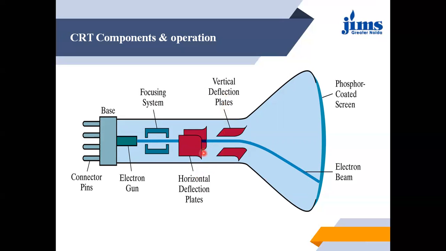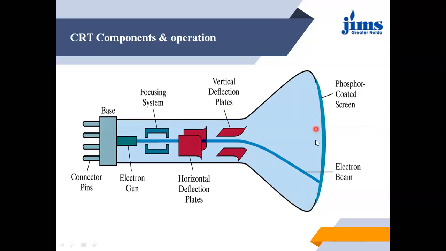The horizontal deflection plate moves the electron beam in the horizontal direction, whereas the vertical deflection plate moves it in the vertical direction. These two plates decide the